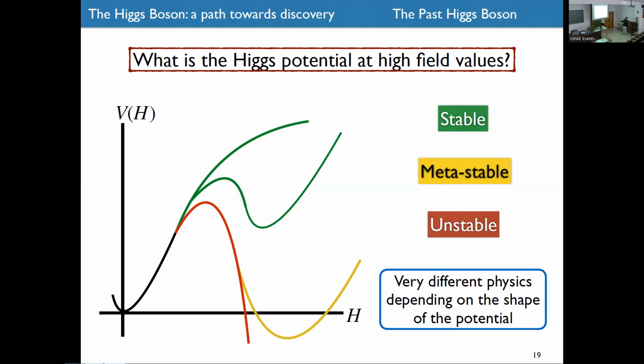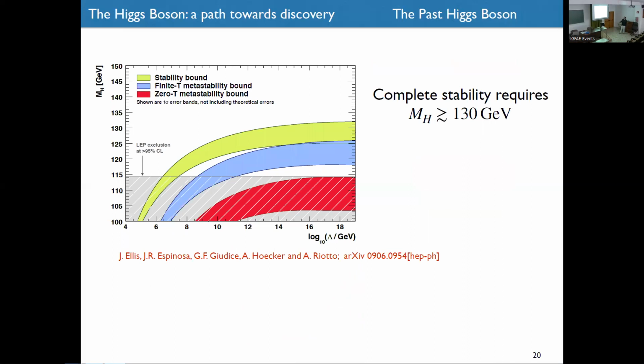So as you can see, the physics is very different in all 3 possibilities. So it's worth investigating, or at least it's useful to put the bounds. So in 2009, again, the same paper gave us the bounds. Here we have the mass of the Higgs against the scale at which you think the standard model should be valid. So this here means that the standard model is valid up to the Planck scale. So there is nothing else, no other theory up to the Planck scale.